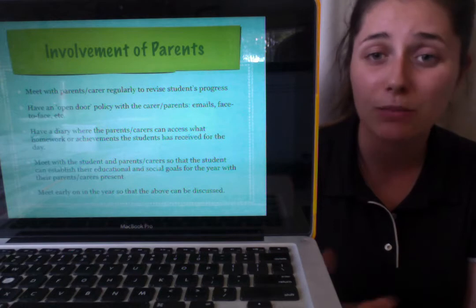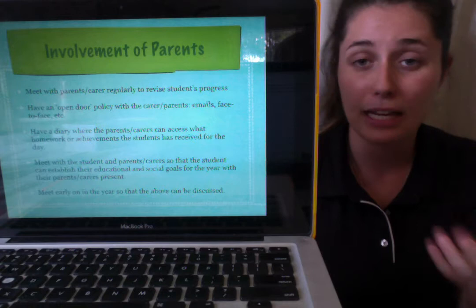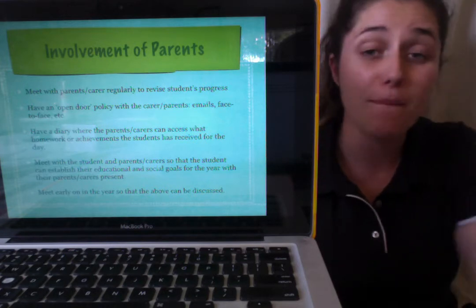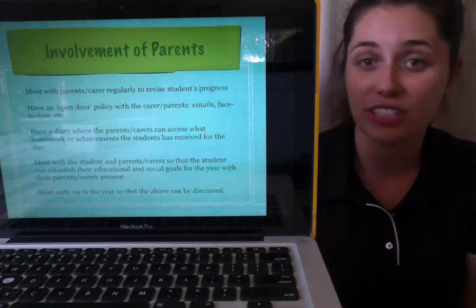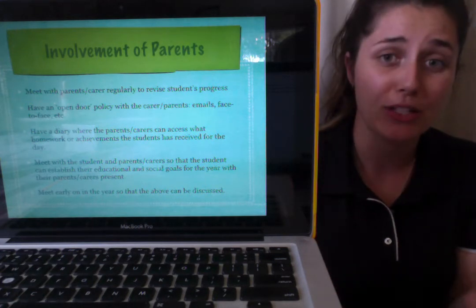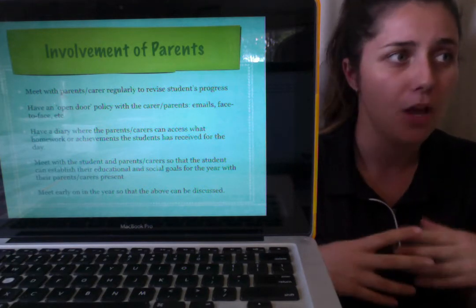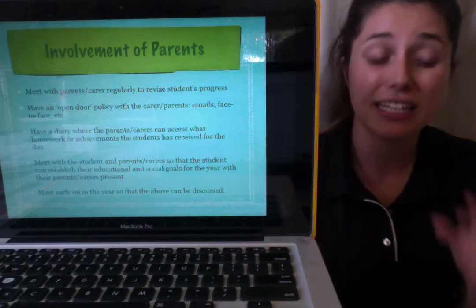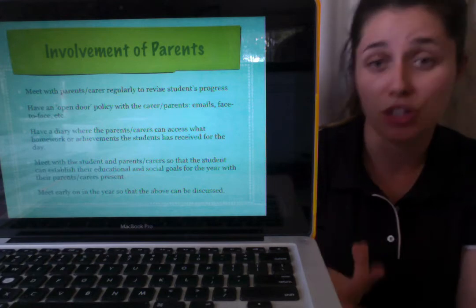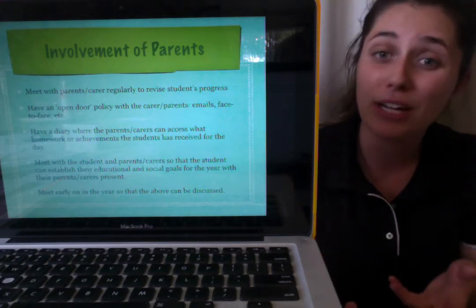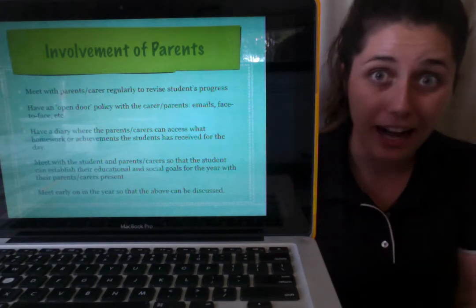We need open communication, an open door policy, regular phone calls, regular emails, making sure at the beginning of the year, so early on every term, wherever it is, we have that open door policy of, okay, let's establish the students' goals. What do they want to achieve in the year? But let's do that with the student present. Now, obviously, that will depend upon the students' maturity levels, the age, whether it's appropriate. But it's really great if we can actually encourage that student to come in and be a part of this class.